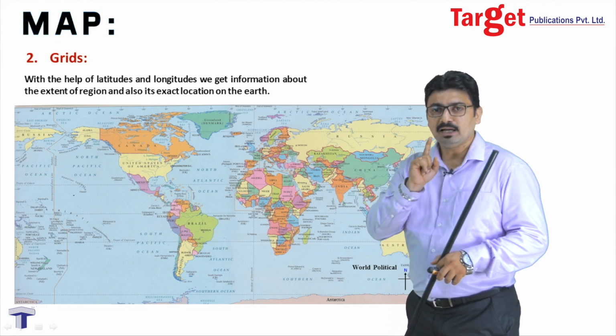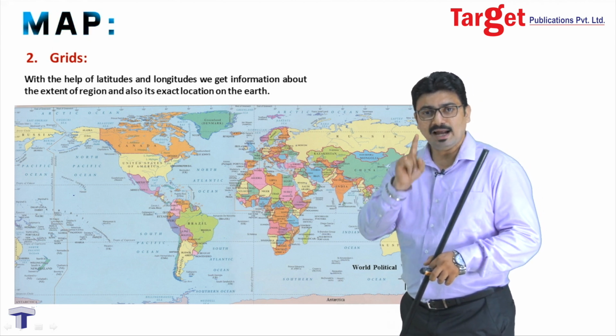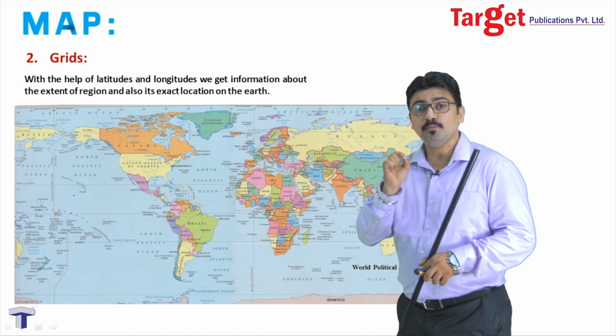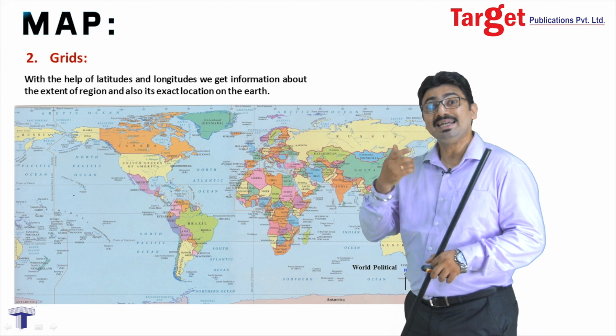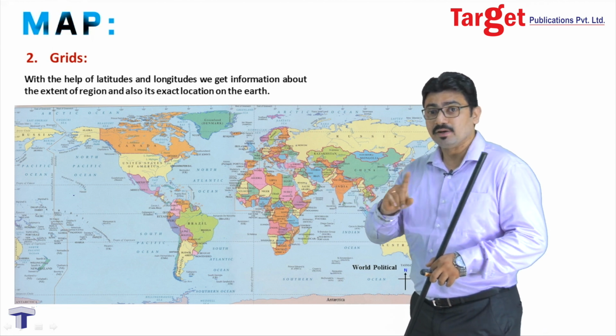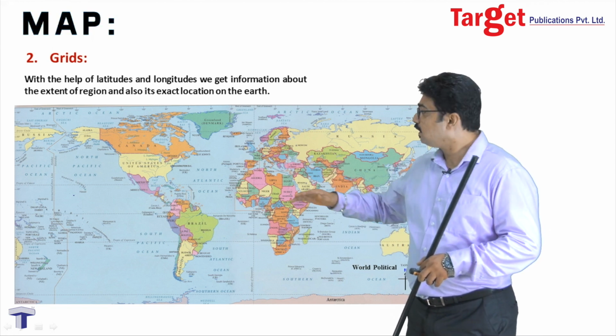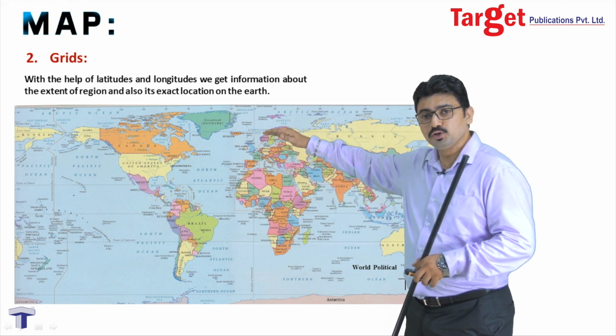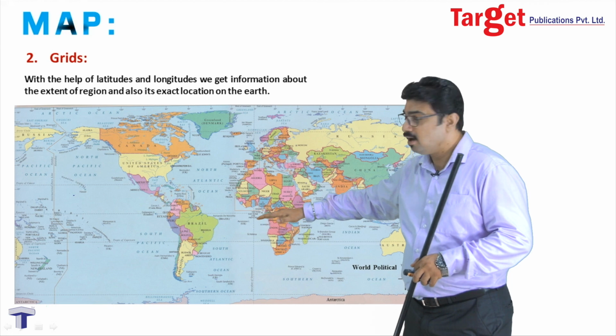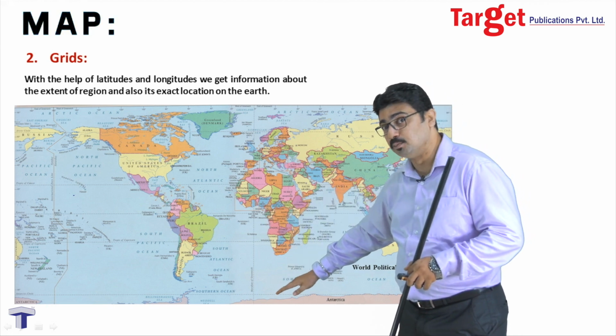Before going ahead, let me tell you about latitude. When it comes to latitude, the most important latitude is the 0 degree latitude, which we also call the equator. The other latitudes run parallel to it, right? The latitudes above the equator run parallel up till the North Pole, and those parallel to the equator below it run up till the South Pole.